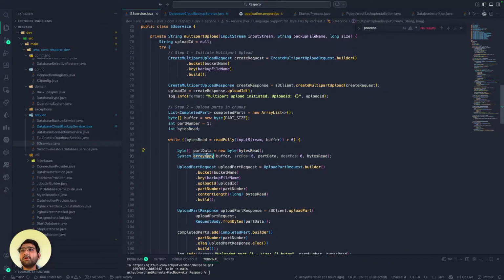What we are doing, we are copying the array. We are copying the array from the buffer to the part data. ठीक है, जहां पर we will only store the data, not the empty space. हम लोग सिर्फ पानी लेंगे, हम लोग खाली नहीं लेंगे. हम लोग बकेट का साइज ही छोटा कर देंगे. बकेट जो हम लोग निकाल रहे जिससे, उसका बकेट का साइज ही छोटा कर देंगे, उतना ही साइज का फाइल